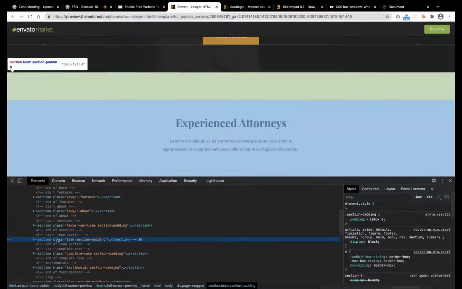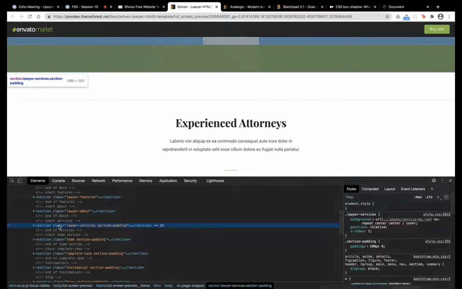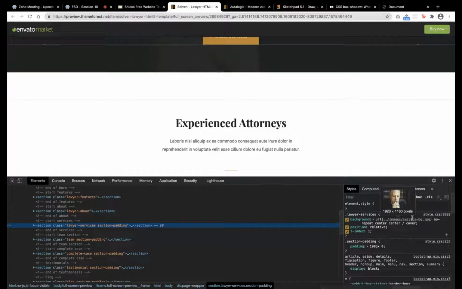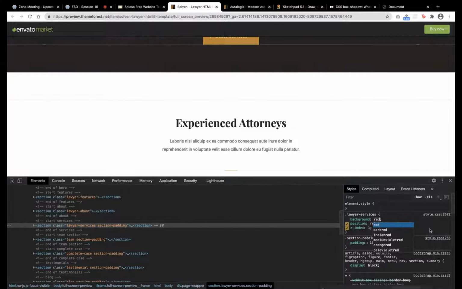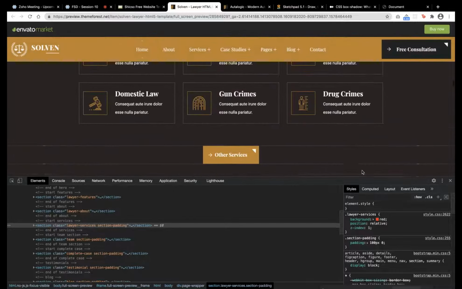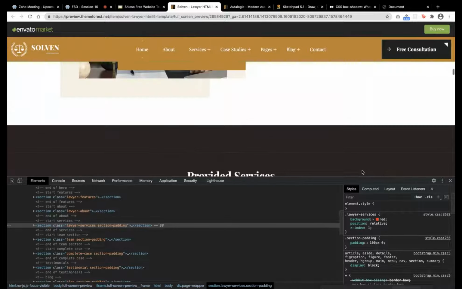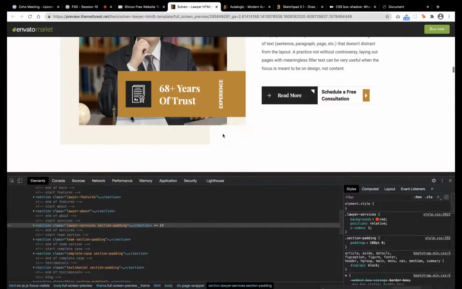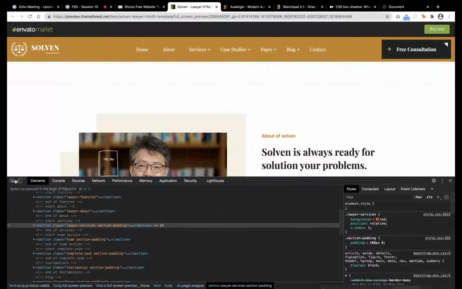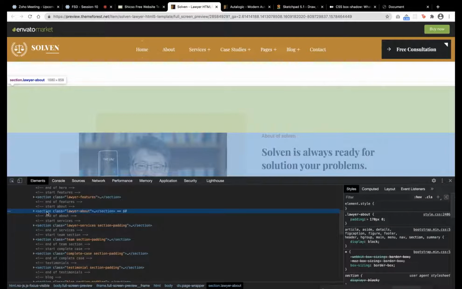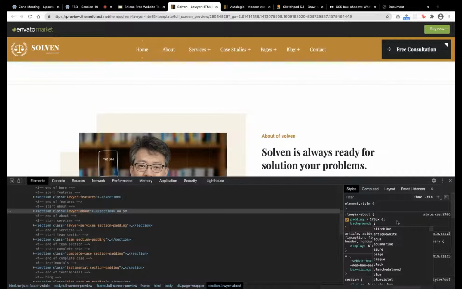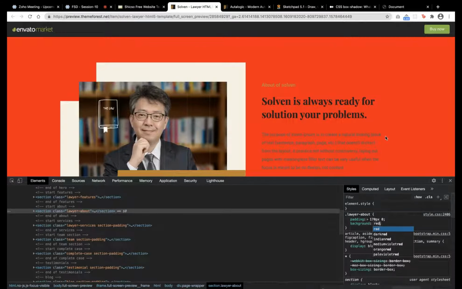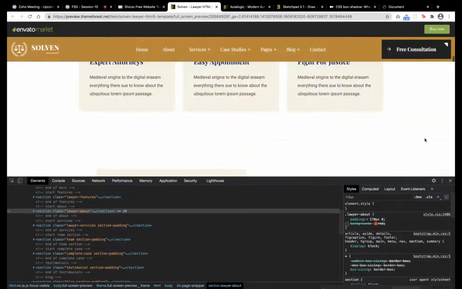This other one is also a section. So why have they made it a section? For this, they'll apply some background. Actually, this is a background image they have added. We can add red color too. They have added some other things, I can check it here. For this section, I can add a background red. So whenever we want to apply some styling like background, we will use a section or division.